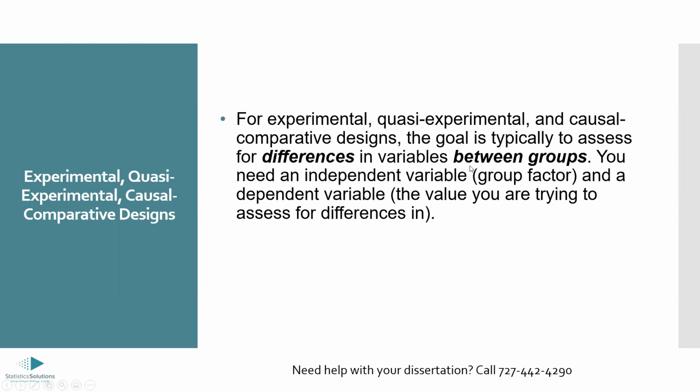So again, for this, you do need an independent variable and you need a dependent variable. The independent variable is usually your grouping factor. What groups are you looking for differences between? Males and females, different ethnicities, grade level, things like that. And the dependent variable is specifically the value or the variable that you want to test for differences between. That could be job satisfaction again, motivation, leadership style, things like that.